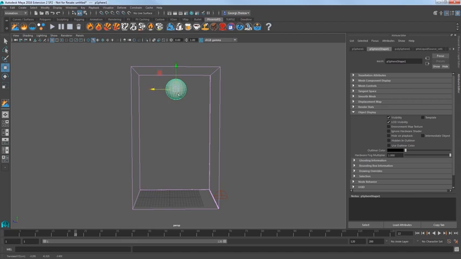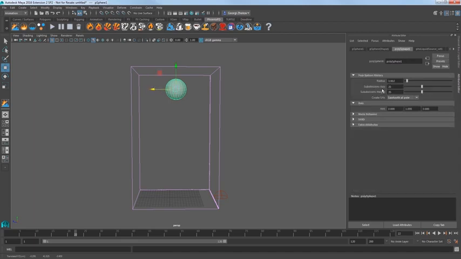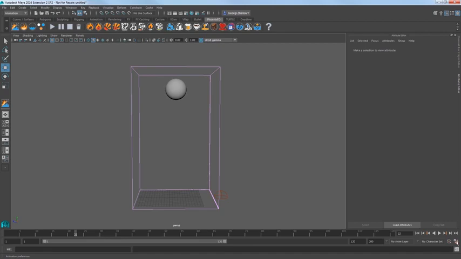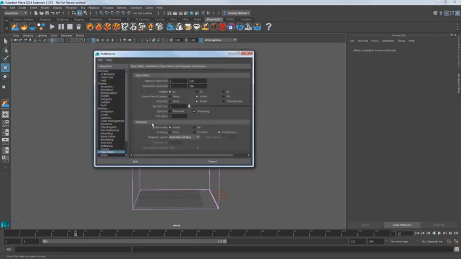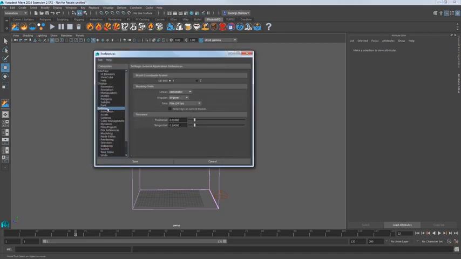Check the sphere's radius and take note that it's about 4 units, so I'll actually set it to 4 exactly. Scale is an important aspect to these simulations. We can see that Maya is currently set to centimeters. Now you can use whichever units you prefer, just make sure your objects are in the correct world scale for